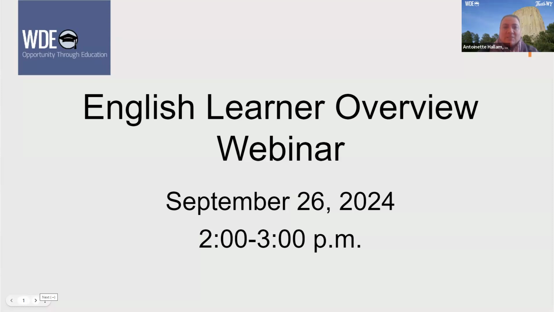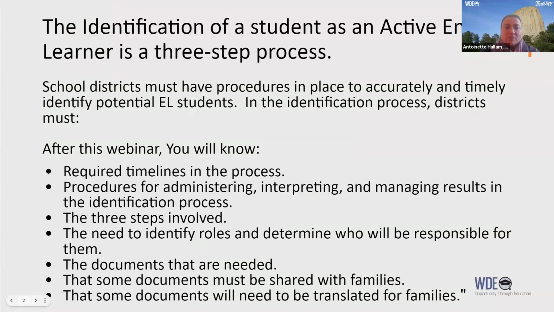One focus of this presentation is the identification of English learners. School districts must have procedures in place to accurately and timely identify potential English learners, which I will review in this presentation. Districts should know how to identify English learners and understand both the federal and state law requirements for EL identification. This knowledge will help districts establish a plan for what is required throughout the process, whether districts receive a new immigrant student, a foreign exchange student, or transfer students who are potential English learners,